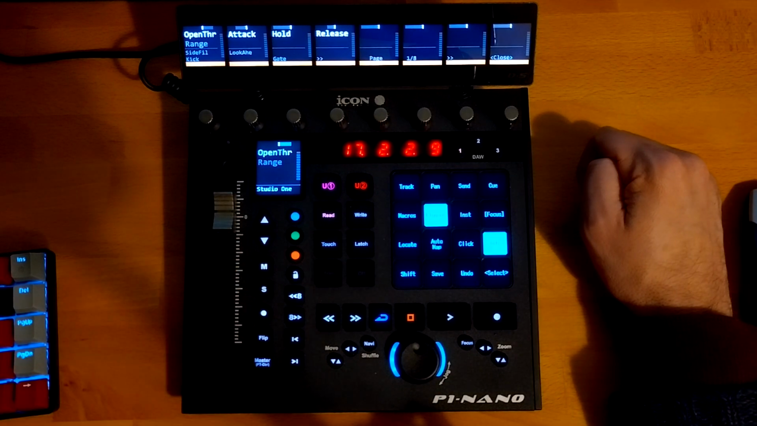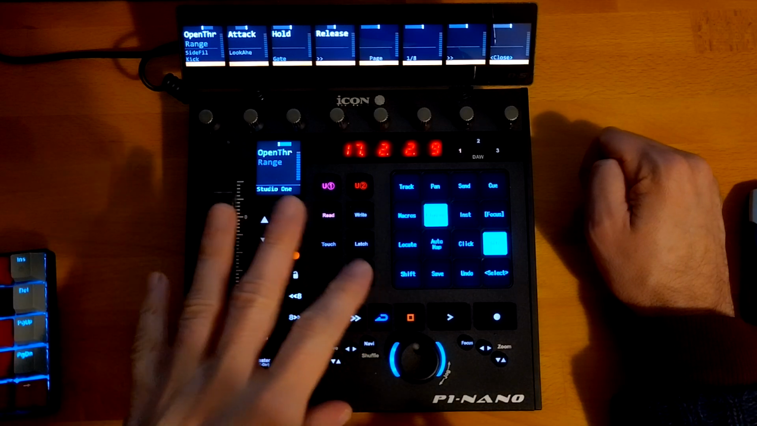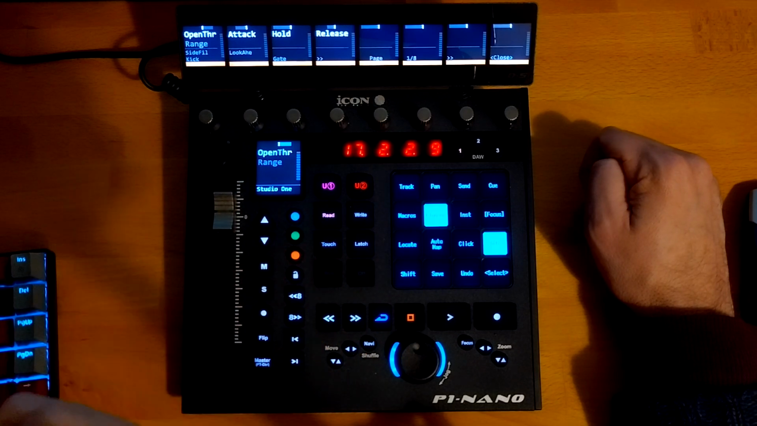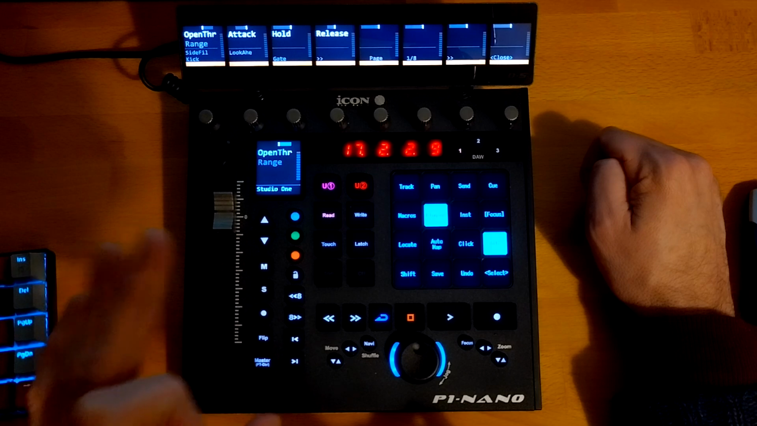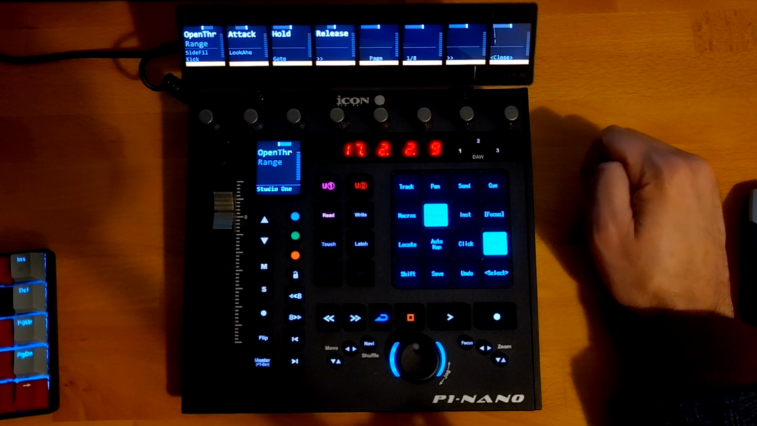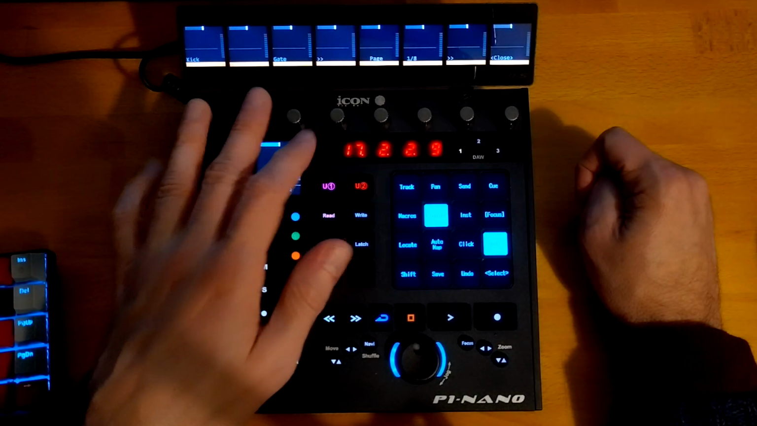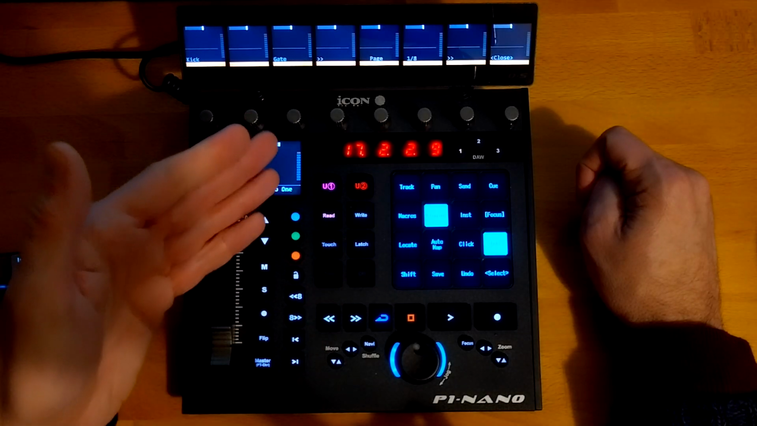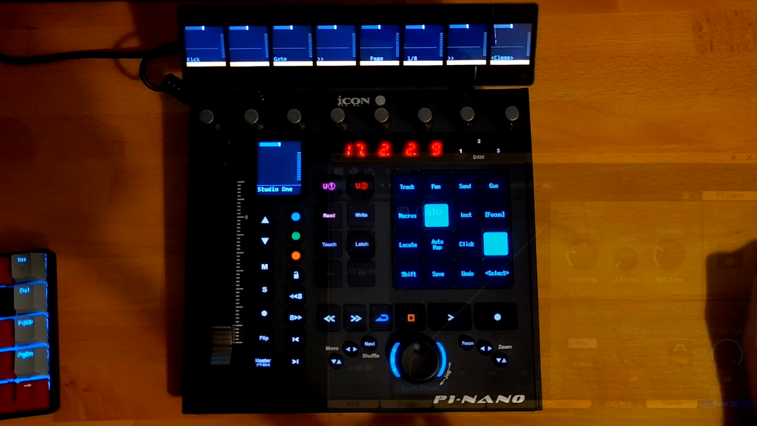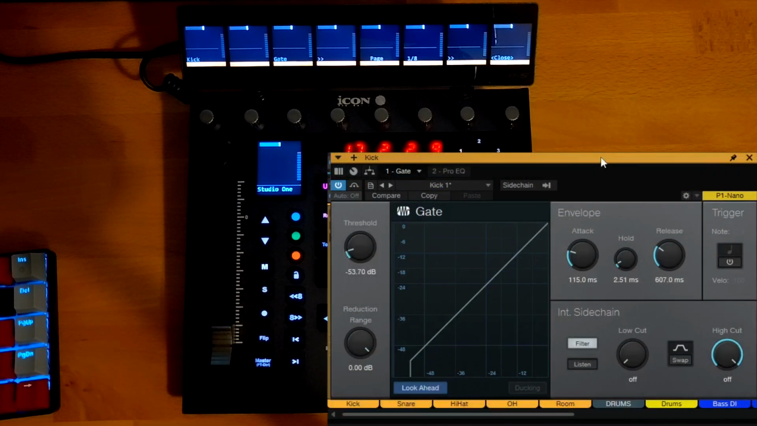So that's an overview of how to use the actual plugins. And now I'm going to show you how to map a new plugin. So I've cleared all the mappings from the gate, and I'm going to do it again to show you how it's done. The first thing you want to do is go onto the plugin itself and press this little cog